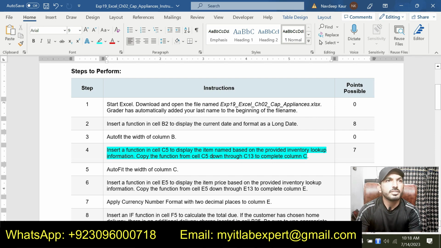So in step number 4, it is saying that insert a function in cell C5 to display the item named based on the provided inventory lookup information.